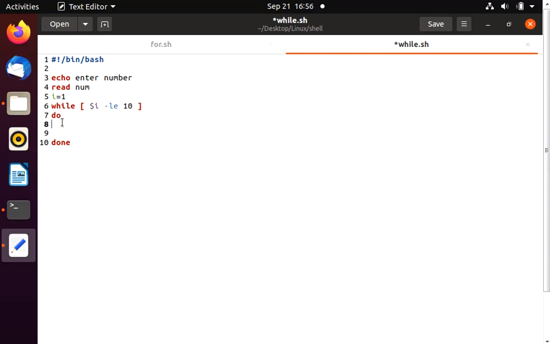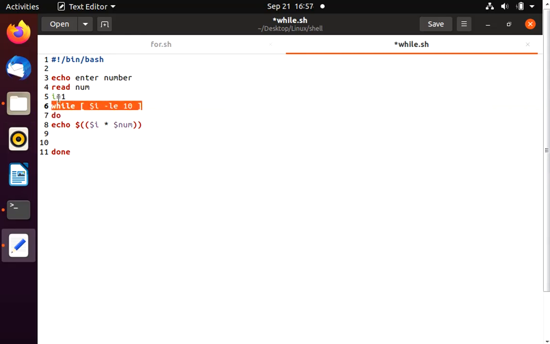So what we want to write here is to print the multiplication table using $I into $num, with the dollar sign before the parenthesis. So here we are printing the multiplication table, and we need to increment this value explicitly, so that at a certain point this condition will be false and control will come out of this while statement.